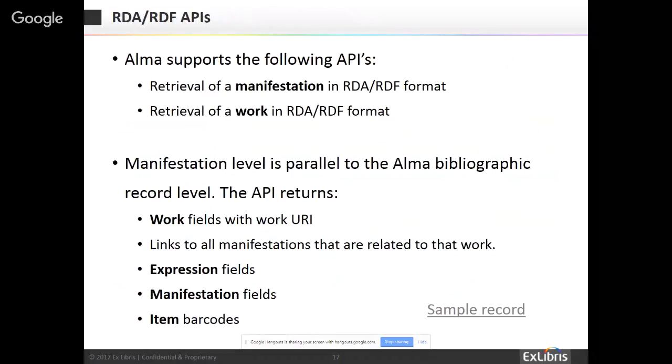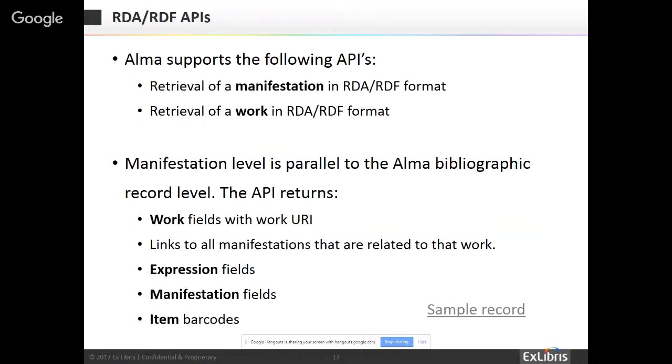Okay, so I wanted to show you now a few of the features that have been released more recently. Some of them we have seen slides for, but never seen samples for. So here I'll mention, and now from this point on, all of these slides that I'll show you, I'll actually be showing you in a live demo after we go through some of these slides, so you can see these in action. So we've had for some time now RDA RDF APIs available, and there are